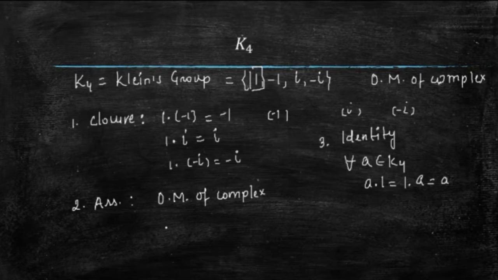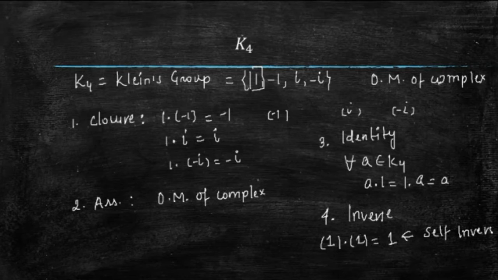Now comes the inverses that we have to talk about. We have 4 elements and you cannot generalize the inverse of each element here, so you have to find out the inverse separately. So for 1, I know 1 is an identity element, 1 will be the inverse of itself, or a self inverse element, right? So 1 is a self inverse element. Always remember that identity is a self inverse element in the group. So identity के लिए तो आपको चेक भी नहीं करना पड़ेगा, identity का inverse identity खुद होगा, ठीक है?